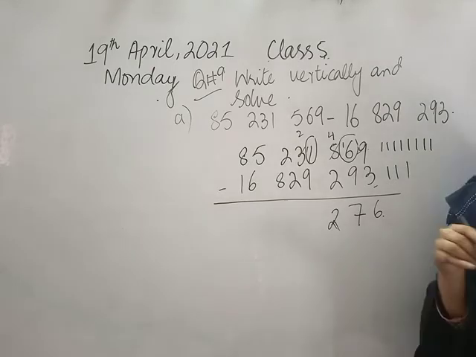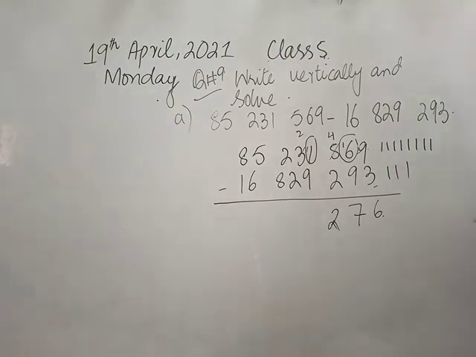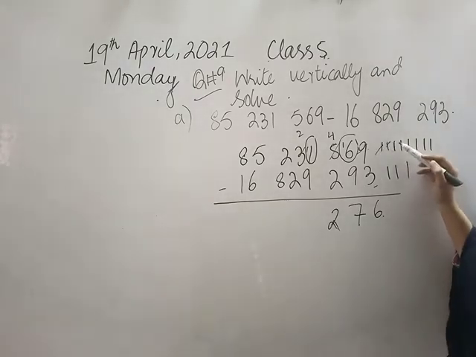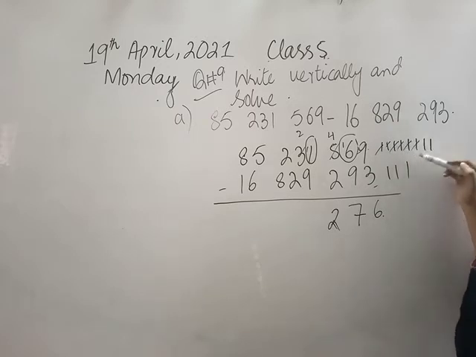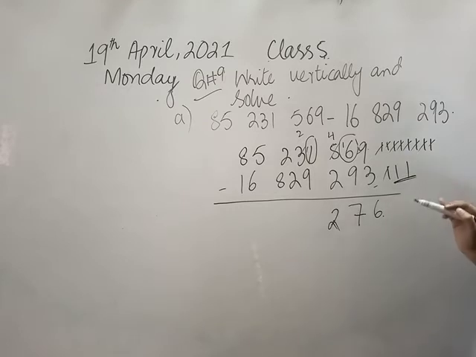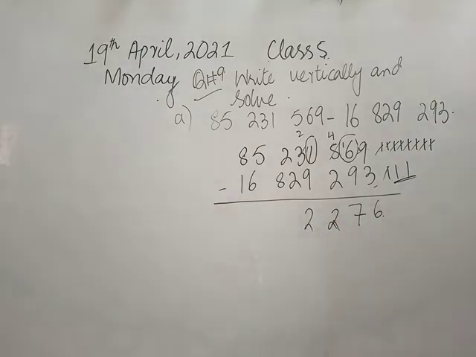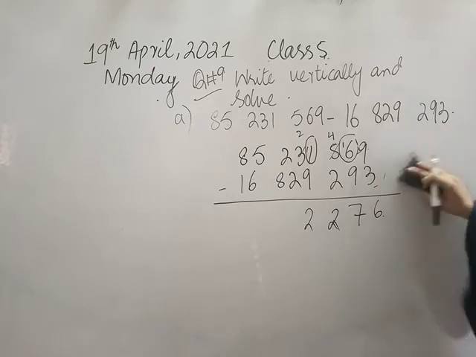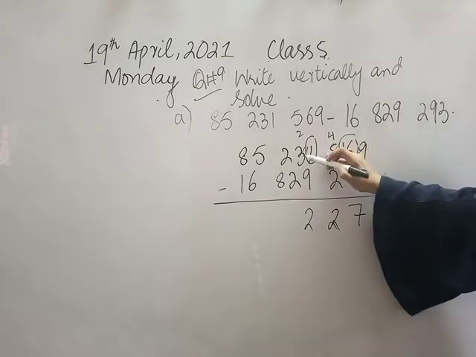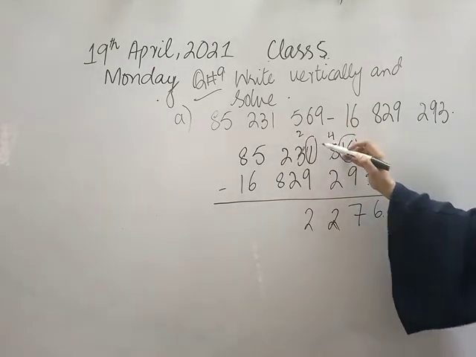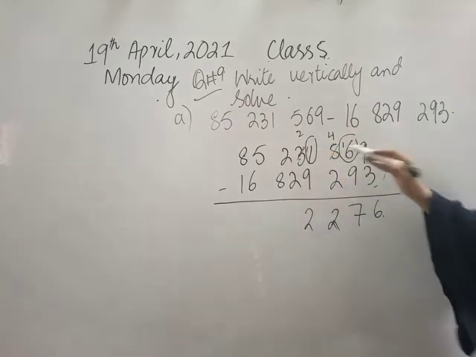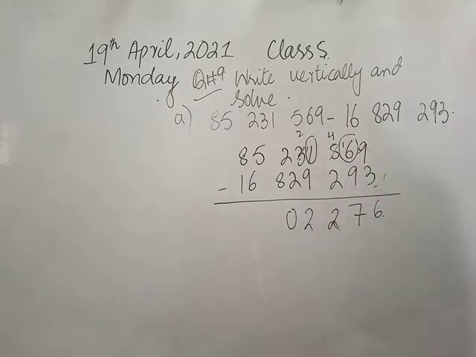11 है और 11 में से हमने क्या सब्ट्रैक्ट करना है? 9. 1 2 3 4 5 6 7 8 9. 9 मैंने कट कर दिए. So how many are left class? 2. Okay. So if you look the very next number which is 2. हमने इससे कैरी लिया था और यहाँ पे क्या बचा था? 2. So 2 minus 2 is 0.